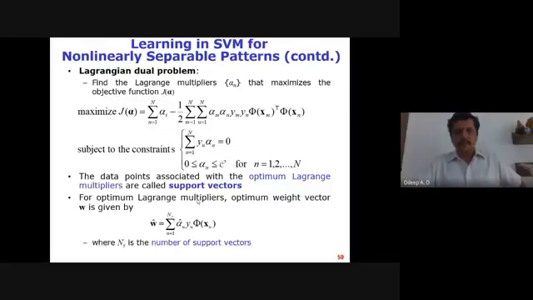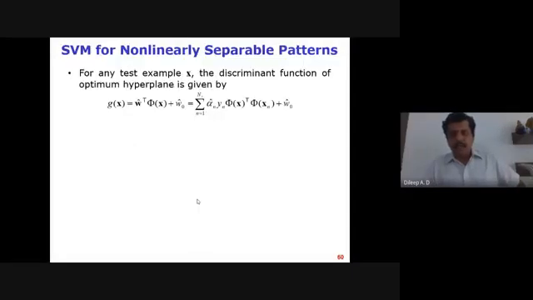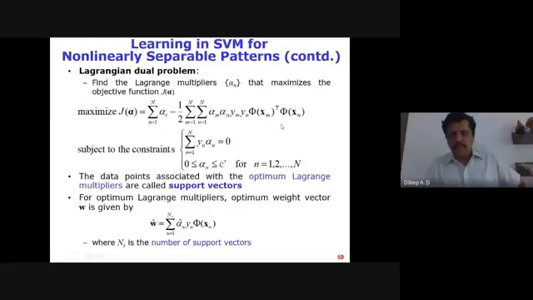Importantly, you need to keep this in mind. Follow the cursor here. This inner product operation that I'm taking here is happening in the higher dimensional feature space. This is the important thing in solving this optimization problem. And look at this optimal value for the W vector, which is now in terms of this transformed representation.